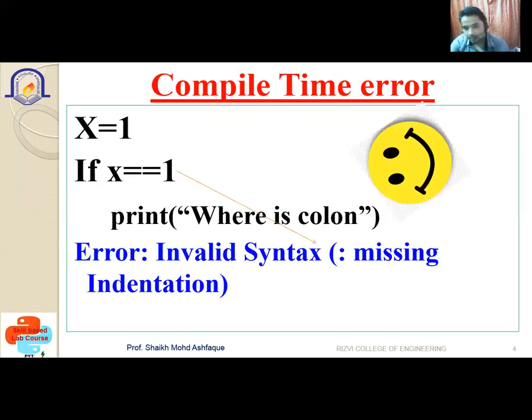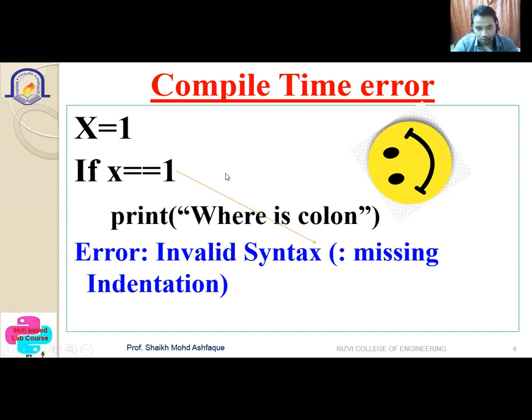Now you can see the compile time error. Suppose you have written the statement x is equal to 1, and here you are writing if x is equal to 1, but the colon is not included, and after that we are printing the value. Whenever you run this program, it gives the error invalid syntax because the colon is missing.